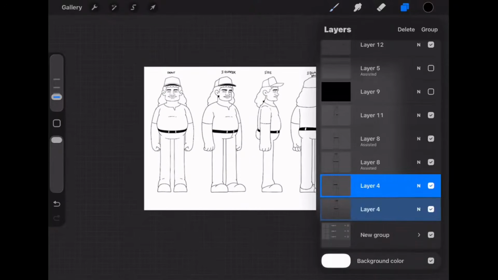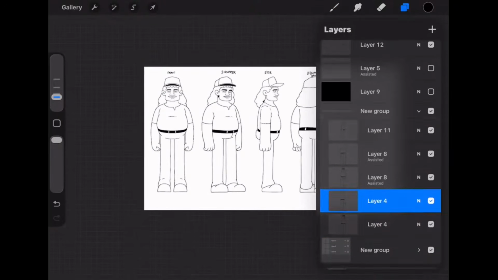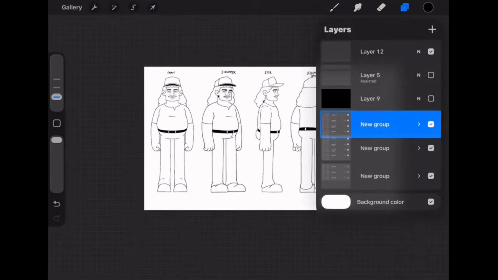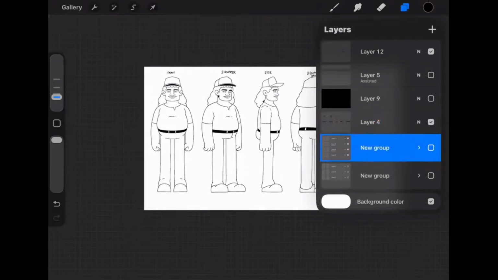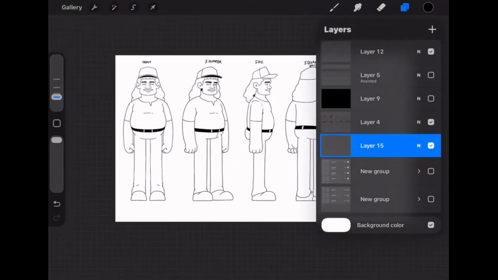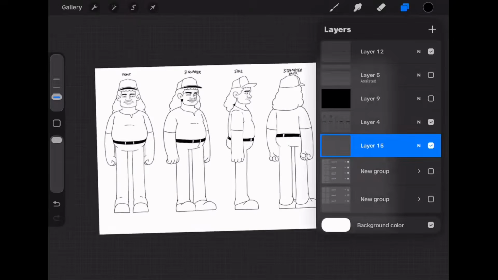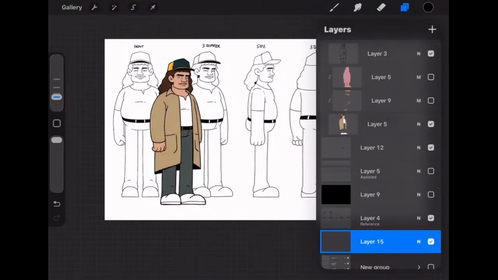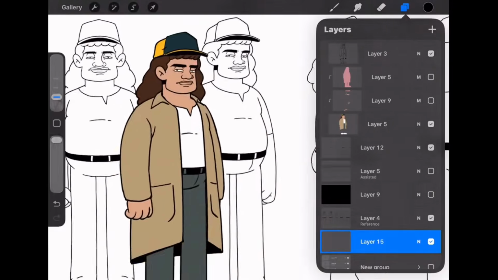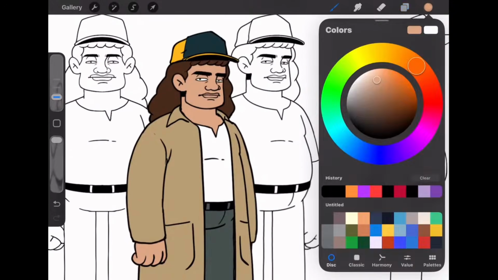So now I have all the perspectives done. I just need to paint at this point. So right now I'm just merging all the layers together so I can turn on referencing and paint these perspectives. What I'll be doing is bring in the first rough character design I made as my color reference. So I'll pick out the colors of the face, the hat, the hair, the jacket